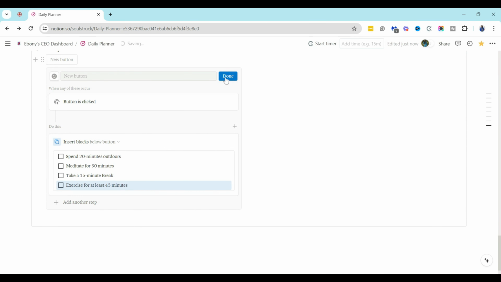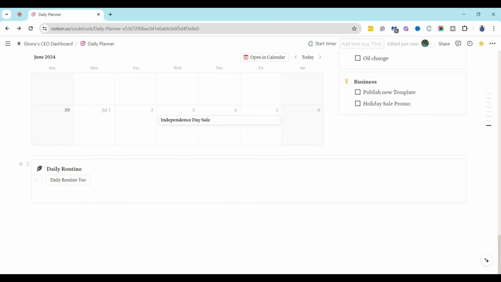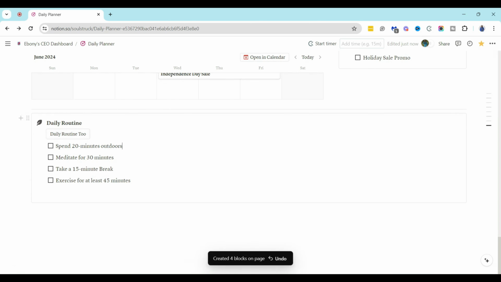And so what I'm going to do is just name this daily routine 2, so I know that it's different from the last one. And then I'm just going to hit done. So basically using this method, every single time I hit the daily routine 2 button, it's going to add this as a checklist inside of this callout. So I'm going to hit done, and then all I will have to do is hit daily routine, and then it's going to add all the things that are in that checklist